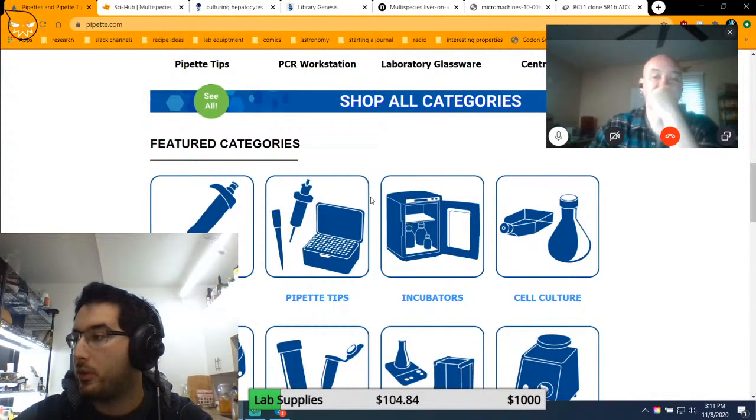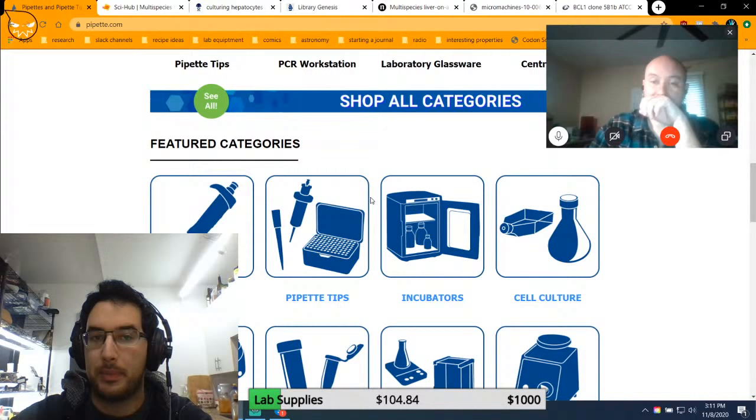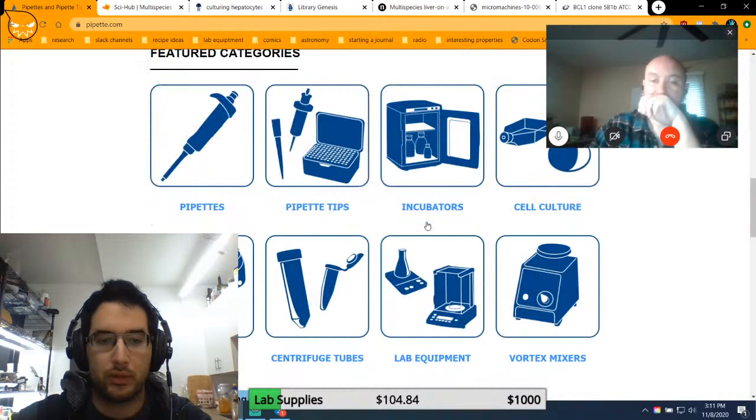Somebody says, I like the Eppendorf pipettes. Yeah, that's what I'm going to be getting. I'm getting the Research Plus ones, I think. Let me see if I can find them. Promotions. Yeah, so this, I don't know if this is the set I'm going to buy, but, like, this is the